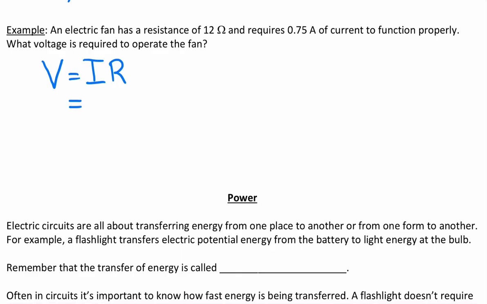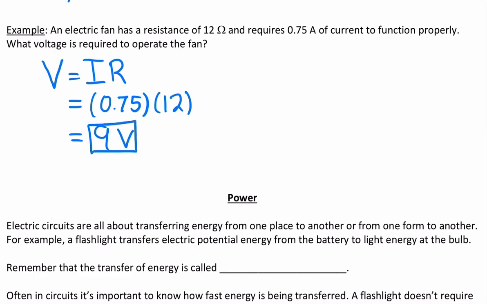The current I is going to be 0.75. The resistance R is going to be 12. Those are both already in nice metric base units. So 0.75 times 12 gives us 9. And that's the voltage. Units of voltage are volts. So 9 volts